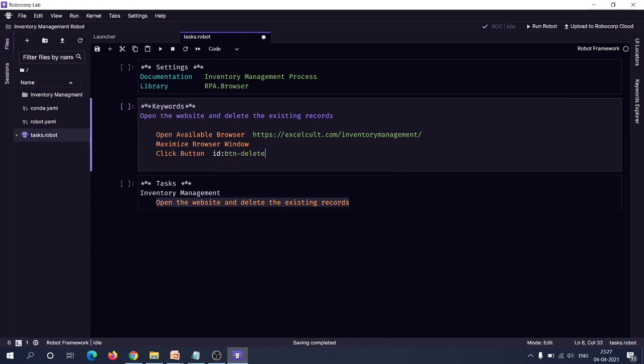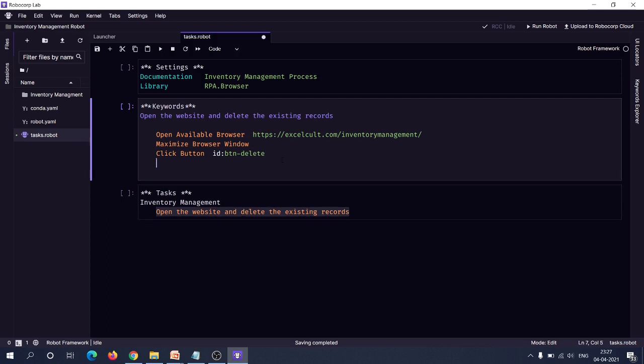Okay, so it will actually click the delete all button. So this is the automation step that we have to do in the open the website and delete the existing record. Okay, so what will it do? It will actually open the browser and click on the delete all button to delete the existing records. So let's just run it to see whether it is working fine or not.